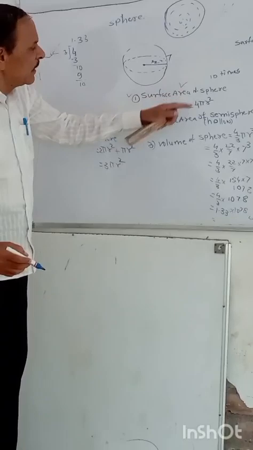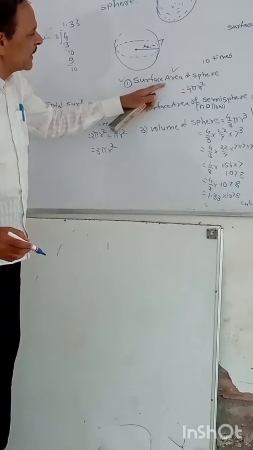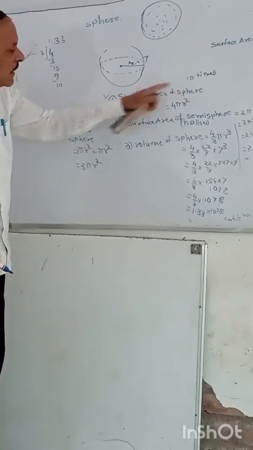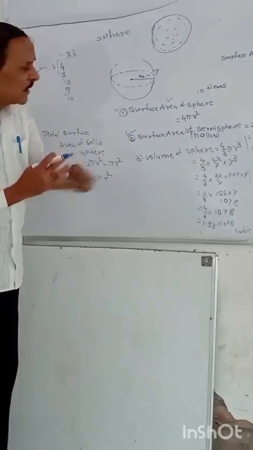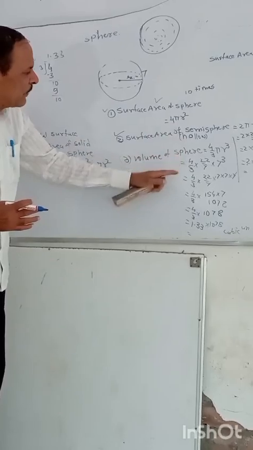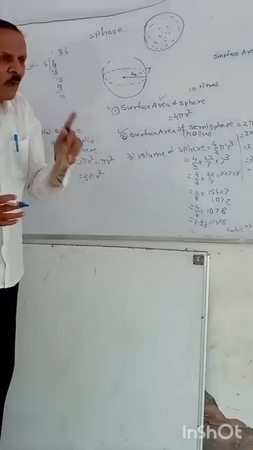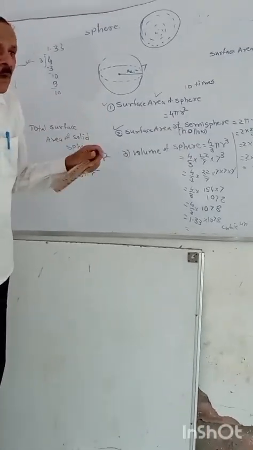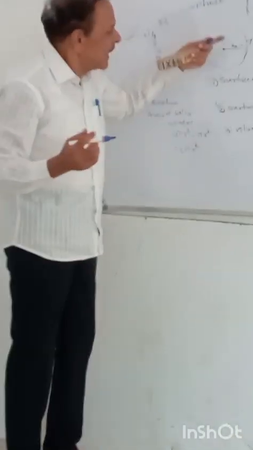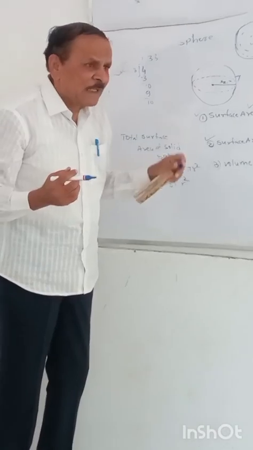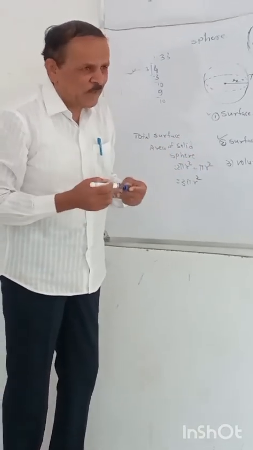So in this manner we have learned the surface area of sphere, the surface area of semi-sphere, which is half of the sphere so half of the formula, and the volume of sphere, 4 upon 3 pi r cube. It is volume, so we take the cube too. Okay. In this manner we have completed 3 items. The last item I will take on the next page.